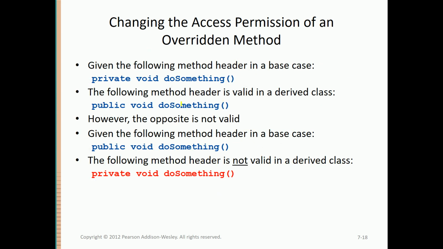For example, if you're given the following method header in a base class, and it was private, then in your subclass you can make it public, you can make it protected, you can make it packaged, but you cannot do the opposite. If it was public, you cannot make it private. It's not the other way around. So this is what this is all about. You can be more open, but you cannot be more restrictive. You cannot put more restrictions. That's all that I wanted to talk about regarding this